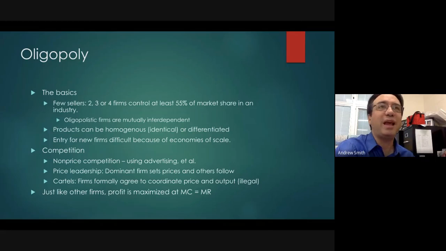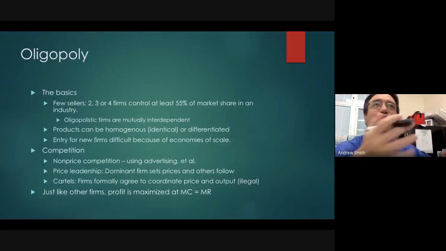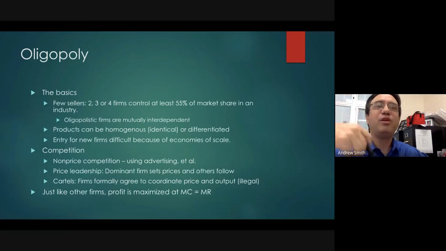A lot of times when we see antitrust action from the government, what we call the anti-monopoly laws, where they prevent businesses from merging because they're worried about monopoly, they're really not trying to prevent monopolies. What they're trying to prevent is oligopolies. They're trying to prevent a situation where 2, 3, or 4 firms control the market, because when that happens, they do a lot of times kind of act like monopolies. And it looks like they're doing what we call colluding, which means that they're getting together and setting prices or whatever.